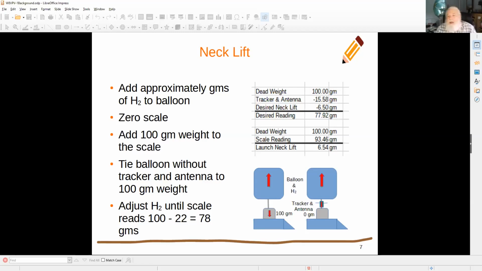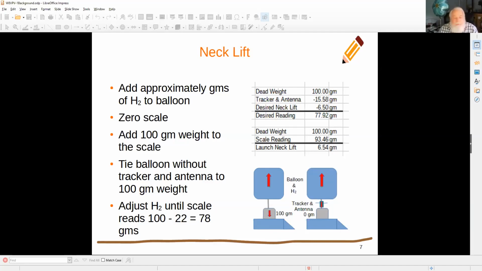Our desired neck lift was going to be about 6.5 grams to 7 grams, someplace in that range. I think last time we used 7 grams. Mel wanted to go a little lighter, so we went to 6.5 grams this time. So what we're going to do is tie the balloon, without the tracker, to the 100-gram weight. We want to take the 15.58 and subtract that from 100 grams and the 6.5 grams from the 100 grams, and you come up with 77.92 grams. So what we want is for the scale to read